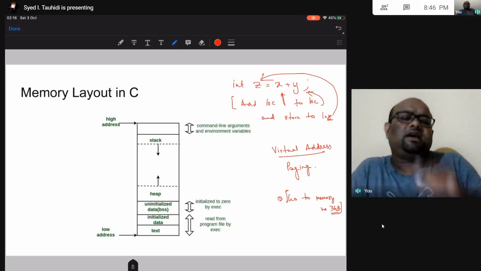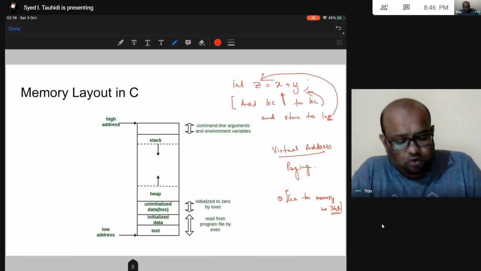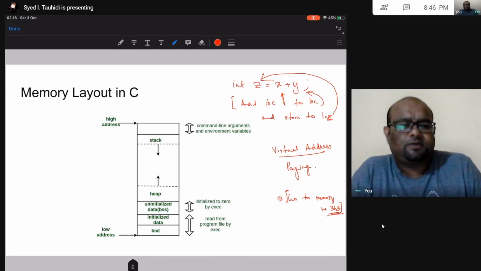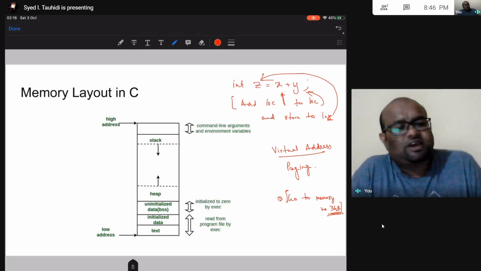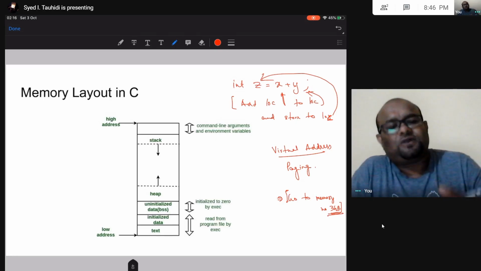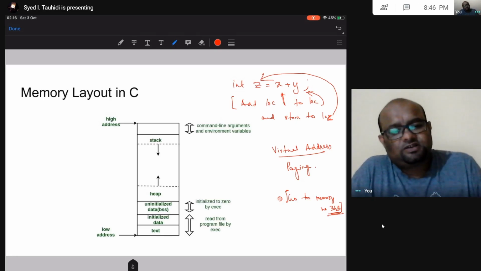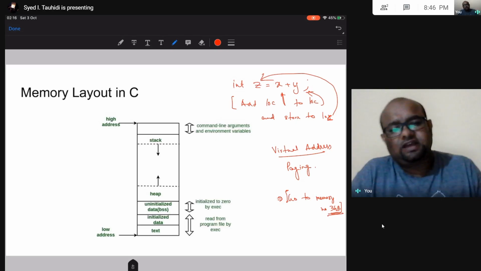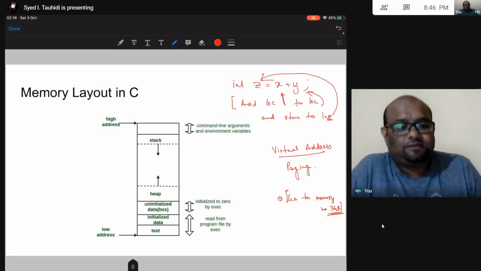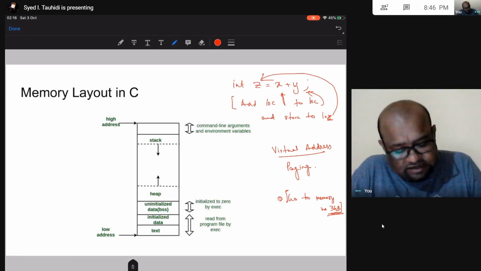I am going to say access this data from location number 3 GB. Okay, so this location number 3 GB cannot be a physical address, right? My physical address can be from 0 up to 2 GB. But my program is 4 GB. So in my program, it makes sense that I can access something that would be in location 3 GB, but in actual RAM, location 3 GB will not exist. Okay. So this kind of address is called a virtual address.